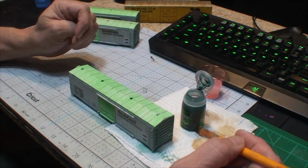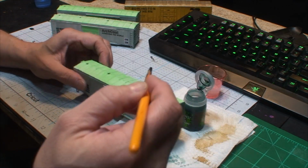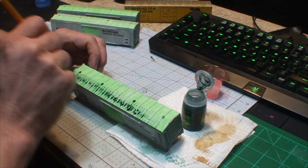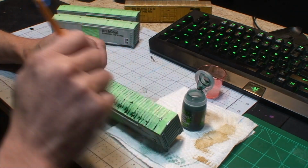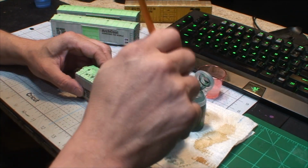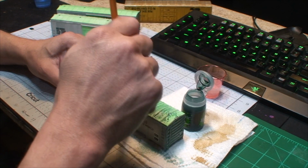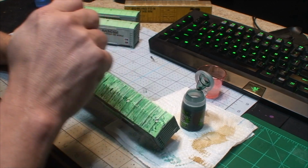So here we go. I have no idea what is about to happen. I just don't know if this is going to turn out like crap, if it's going to turn out good, if this is going to be a warning to you to never do this. Because it sure could be. It could totally be a warning. I put the gloss coat on this and it definitely...